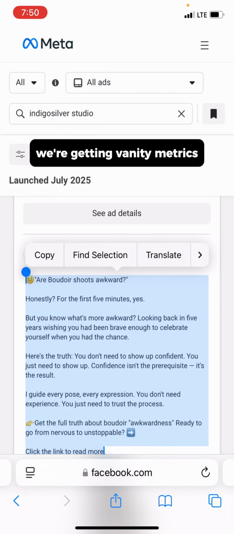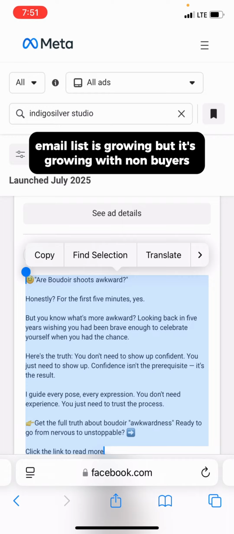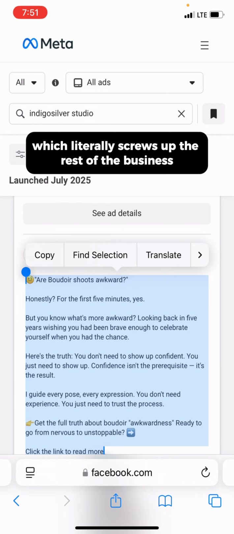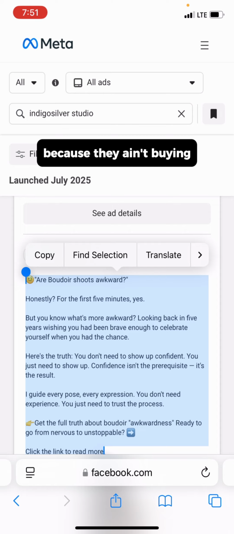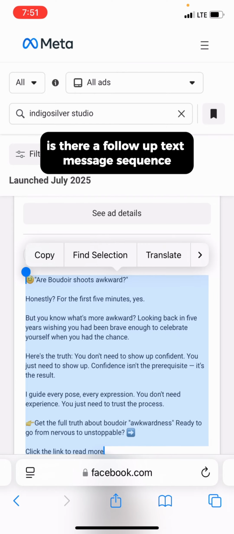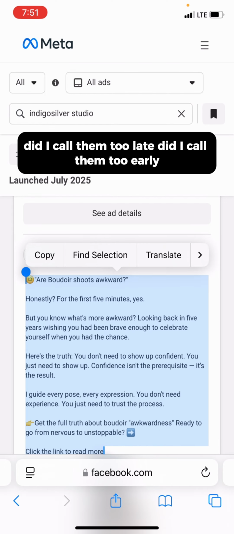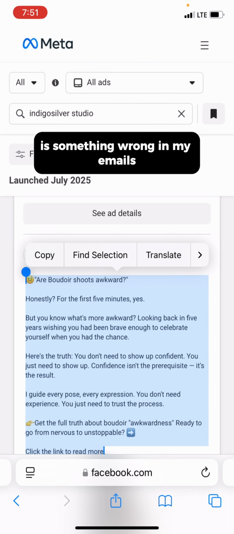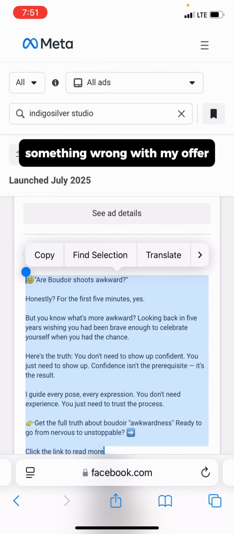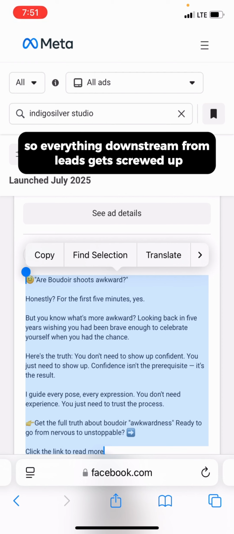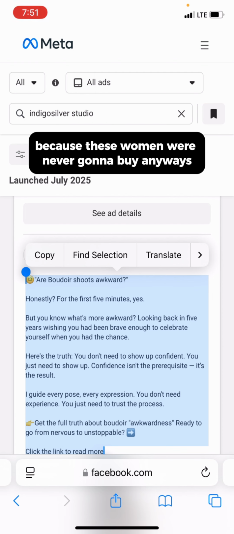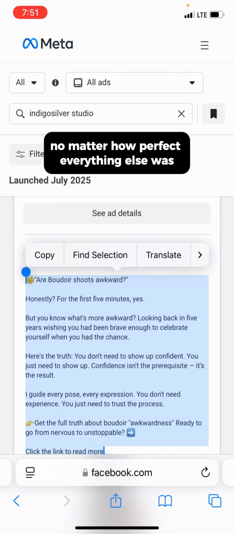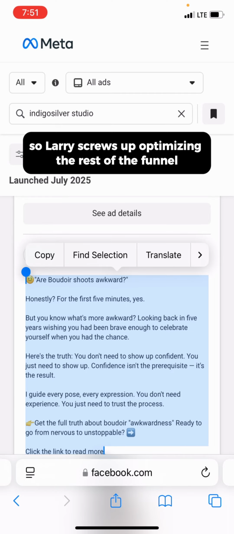And also, yes, we're getting vanity metrics. Email list is growing, but it's growing with non-buyers, which literally screws up the rest of the business because they ain't buying. But then we're wondering, is there a follow-up email sequence? Is there a follow-up text message sequence? Did I call them too late? Did I call them too early? Did I say something wrong on the call? Is something wrong in my emails? Something wrong with my offer? So everything downstream from leads gets screwed up because these women were never going to buy anyways, no matter how perfect everything else was. So it literally screws up optimizing the rest of the funnel